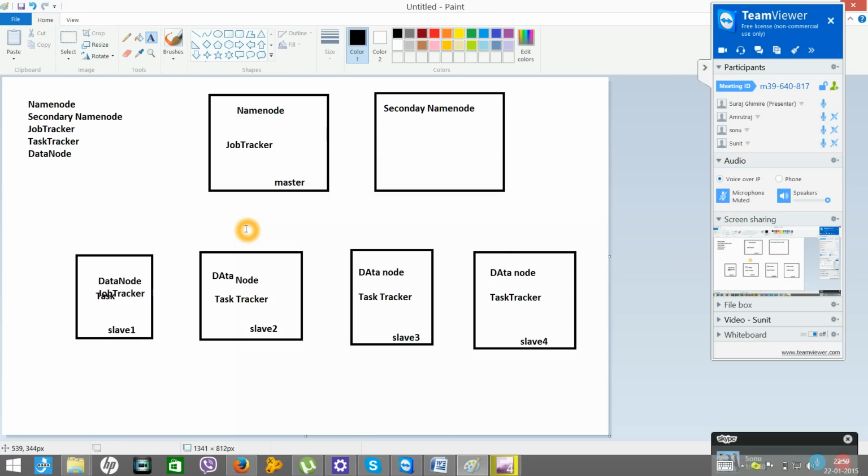So when I say that I have configured my own Hadoop cluster, that means I have installed the Hadoop software and I have started these processes. You'll get more clarity when we do it on our own system practically. If in a node you see name node and job tracker running, that means it is a master. If in a node you see data node and task tracker running, that means it is a slave.